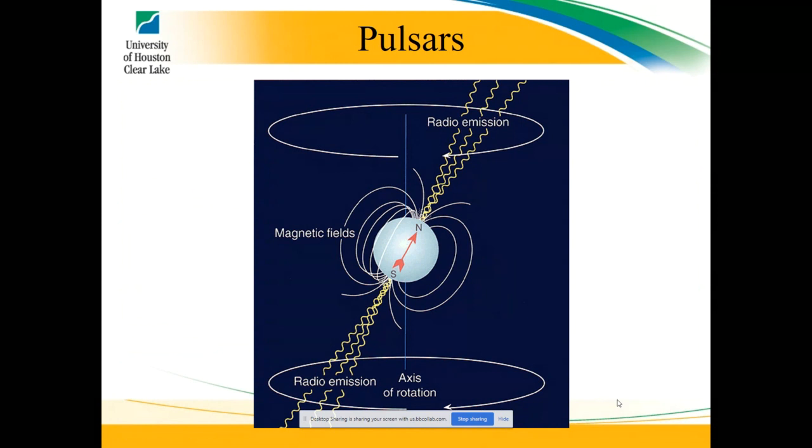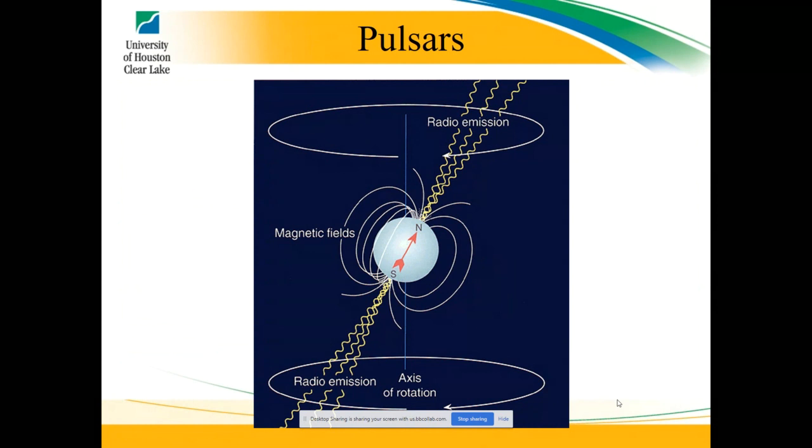But the basic idea is that you've got a neutron star, and this neutron star has a magnetic field. And the neat thing is sometimes the magnetic field is not aligned with the axis of rotation. So what happens is that as the magnetic field whips around, you see a changing magnetic field. And from your electrodynamics class, you know that that looks like an electromagnetic pulse. So you see this regular pulse from this magnetic field whipping around. And that's why we call these pulsars.